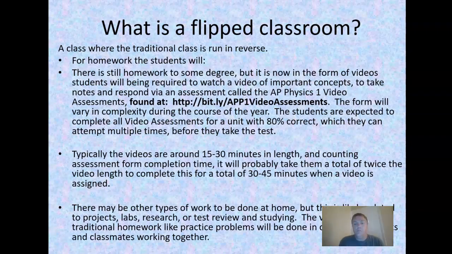Okay, so the bulk of their traditional homework is going to be done in class because they're going to be working with others to solve problems and figure out the content. Now, there are more practice opportunities that will be available to them that they can do outside. There are very good end of chapter review questions at the end of the chapters, which are good practice. Those will not be assigned. And the students will be getting other information to help them practice outside of class if they so choose.